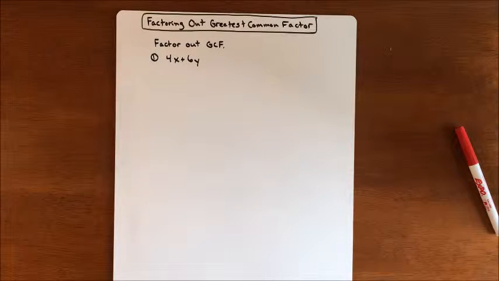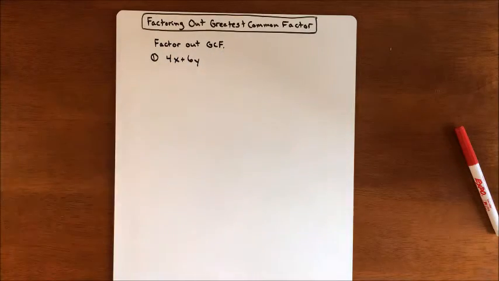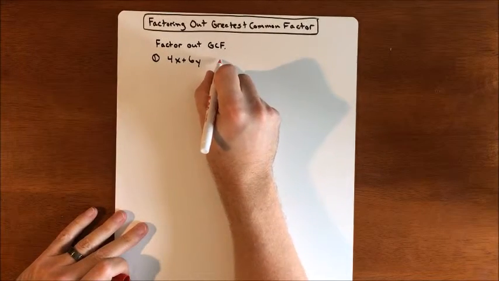In this lesson, we're going to be factoring out a greatest common factor. So a problem's going to ask, factor out the GCF, and here's what it may look like. So the greatest common factor is we're looking for what is the biggest value or variable that we can take out of both pieces. So for this particular problem, our greatest common factor